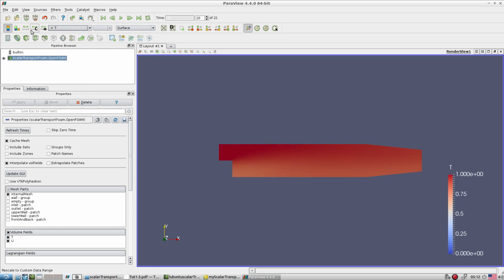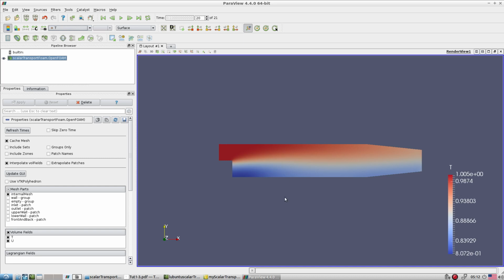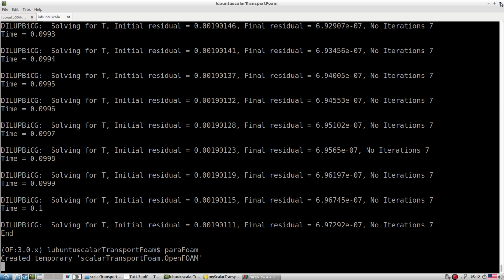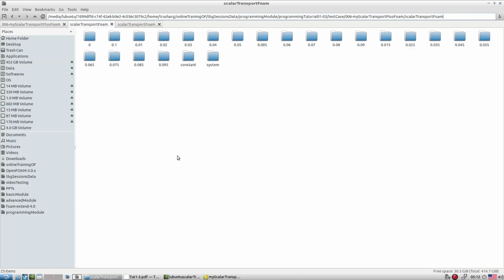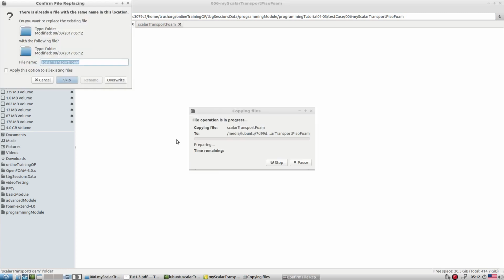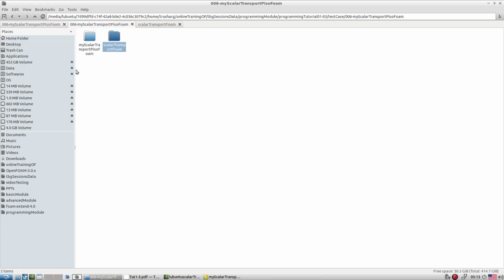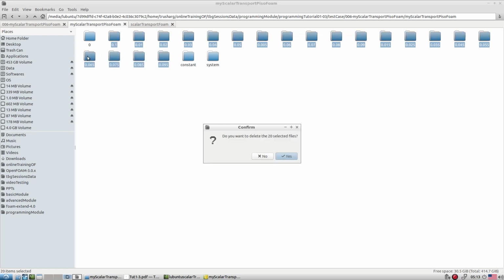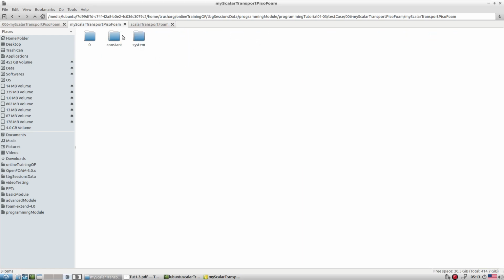Okay, so this is how exactly entire T is transported within this backward facing step type of tutorial. Now in case of this, let's create a new folder where we say it is not a scalar transport, we say my scalar transport piezo form. So my scalar transport piezo form base test case we want to run. So what change is required at the test case level, let's observe that.